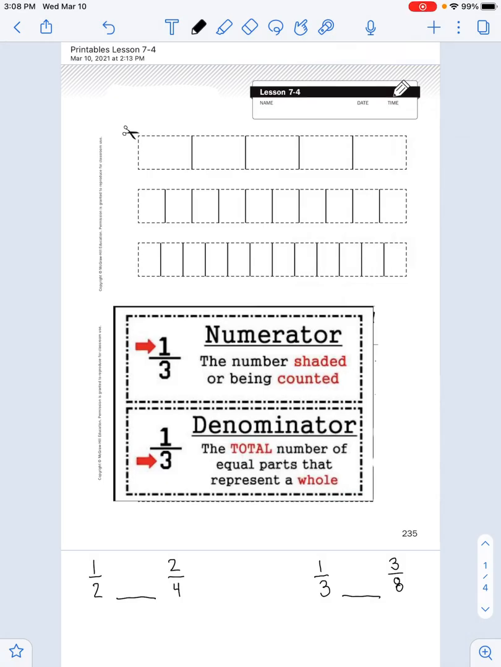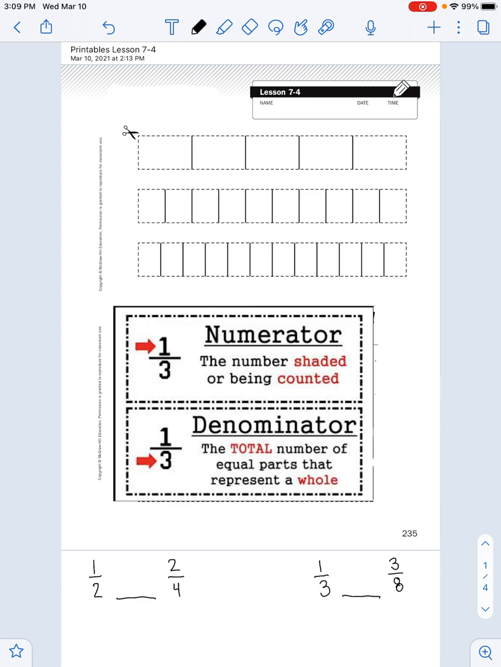Hi mathematicians! We are starting a new unit today, Unit 7, and it is fractions, but we're doing it a little bit different this time. We're using fraction strips instead of those fraction circles that we used last time, okay? So a little bit of review here